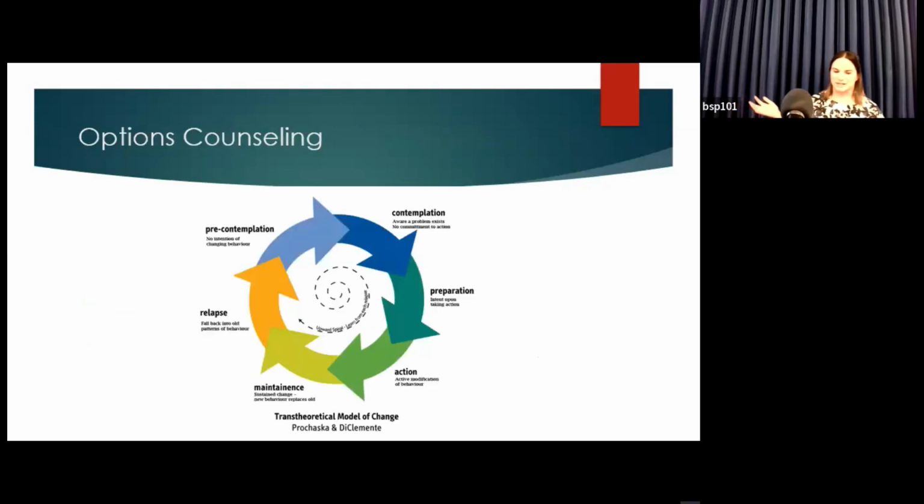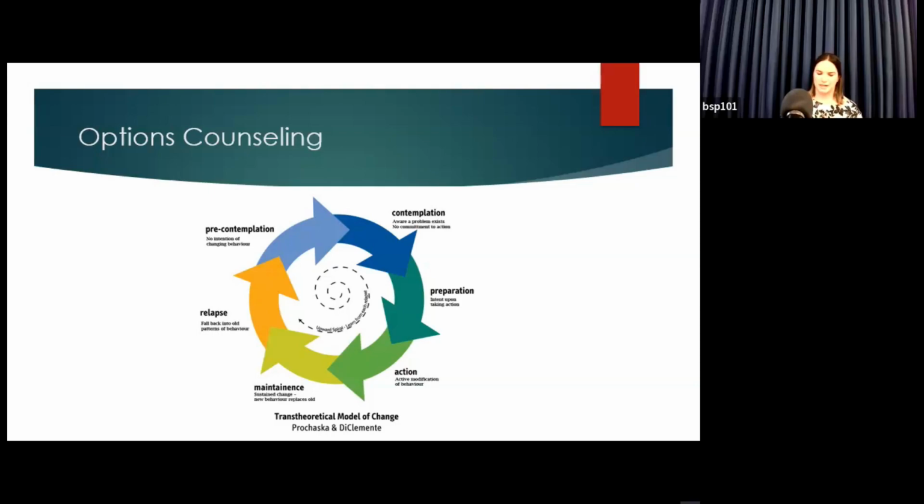Now, I think everyone's seen the stages of change before. We do want to gauge where somebody is on this wheel of change when we're counseling them. Telling somebody who's pre-contemplative, not even thinking about quitting, that you want to give them Chantix is probably not going to be very effective. You really want to meet them where they are and try to push them forward. So not necessarily getting them to commit to quit today or tomorrow, but just moving them forward on those stages of change.